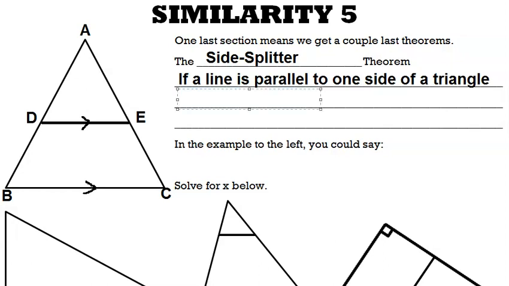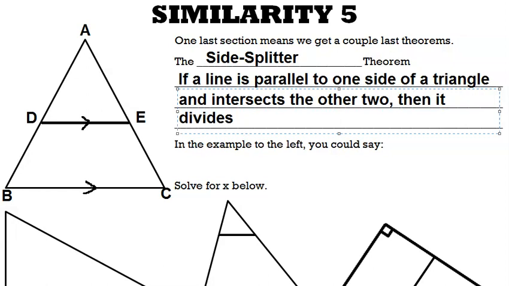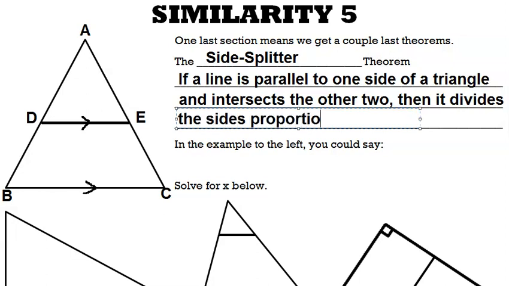If a line is parallel to one side of a triangle and it intersects the other two, then it divides the sides proportionally. All right, so what that means, it divides the sides proportionally. It means that if you did AD and compared it to AE,